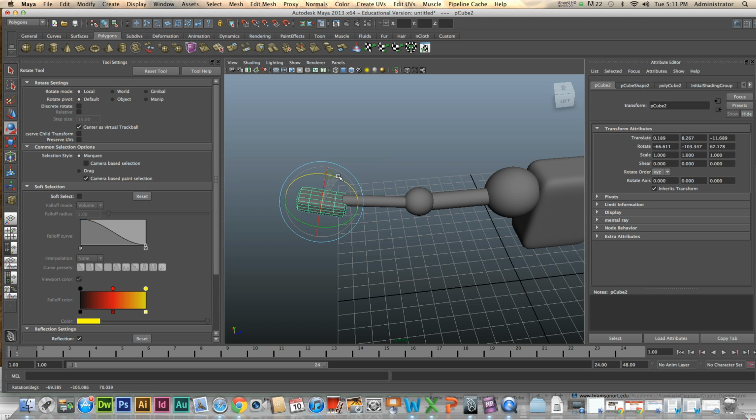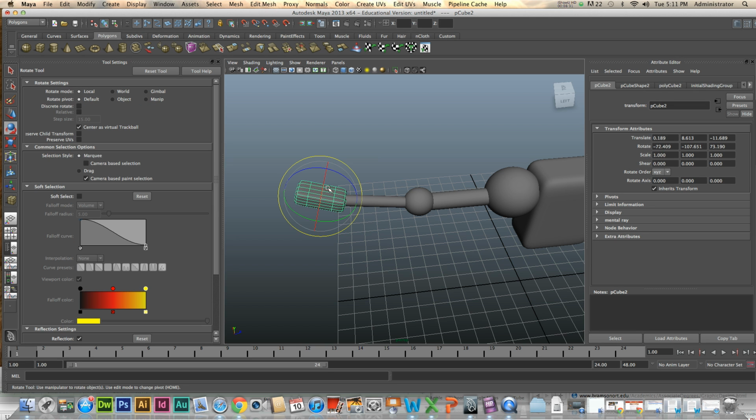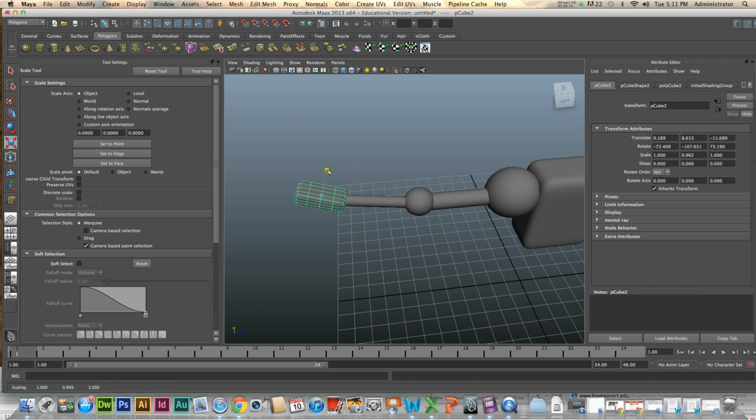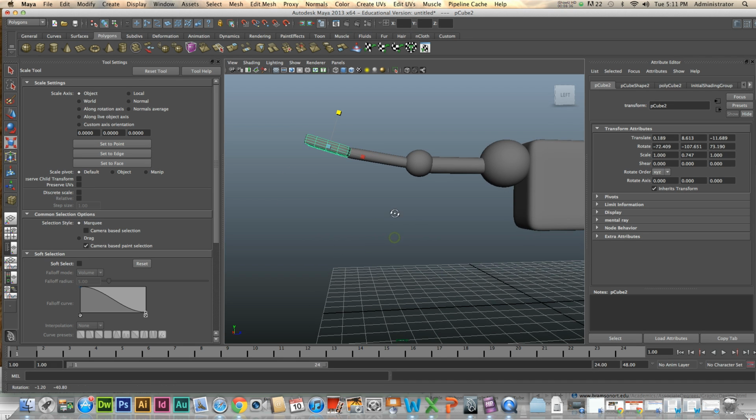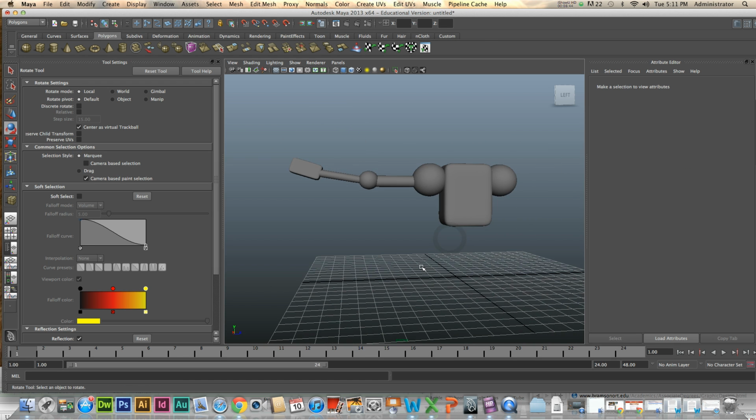And let's go ahead and rotate this up. Press W, move this up. Maybe flatten it just a little bit by pressing R. Okay, and these will be my hands. I can even rotate it a bit this way, and that's that. Okay, so now that we have one arm completed,